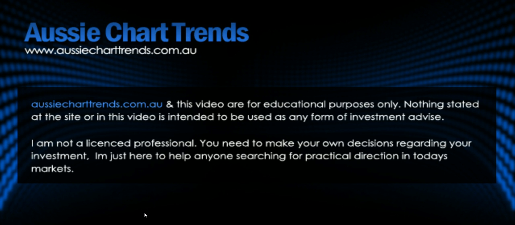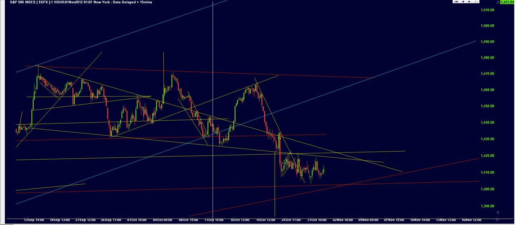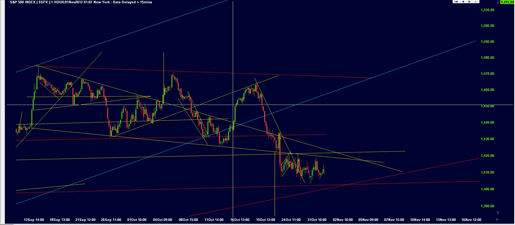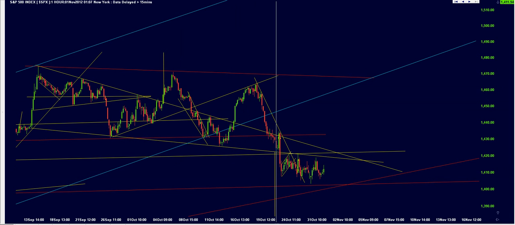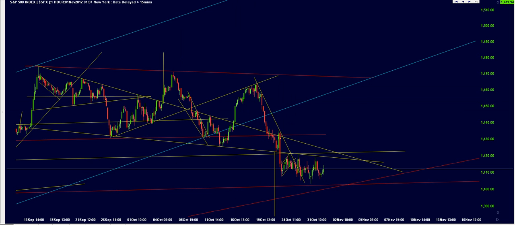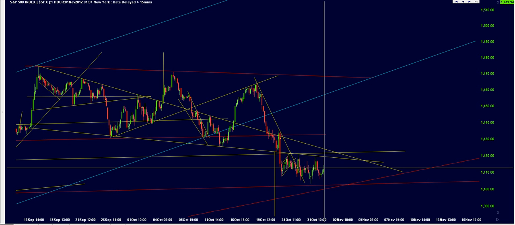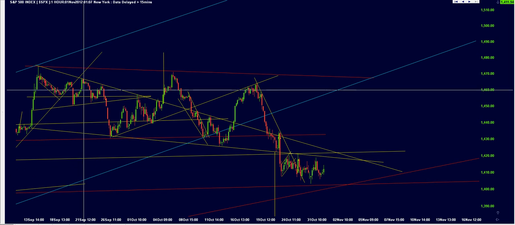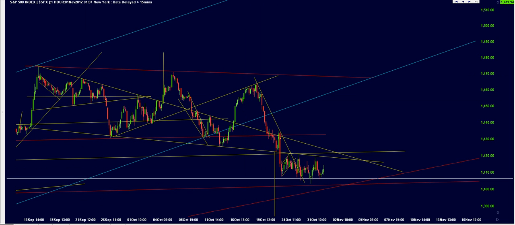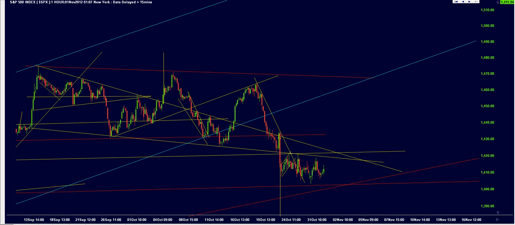So firstly, let's take a look at the S&P 500 here, guys. We have broken down from this triple top formation, and for 5 trading days now the S&P 500 has just been going sideways. Now what we do know is that this triple top formation has a target of 1382 by measuring the depth of this pattern, the first reactive move down, and then when we add that on to the breakout, that measurement hits around the